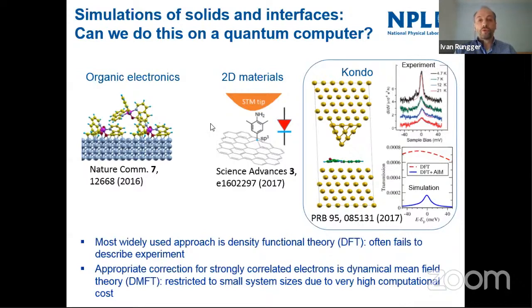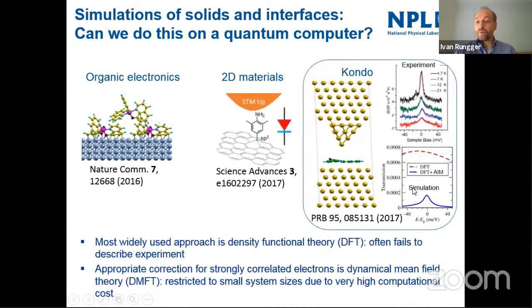For the two systems on the left here, I can get away with just DFT, with maybe some minor mean field corrections, and I can get very good agreement with the experiment. But for the one on the right, where we have Kondo physics, if I just do a DFT calculation, I don't match the experimental data at all, and I need to go beyond that. Without going into details of what Kondo physics entails, the signature is at low bias and very low temperatures. If you measure the conductance as a function of bias, you see a very sharp peak at zero. This is a signature of the state the system is in. When I do a DFT calculation for this, I get this dashed line here, essentially nothing, just a very broad feature.